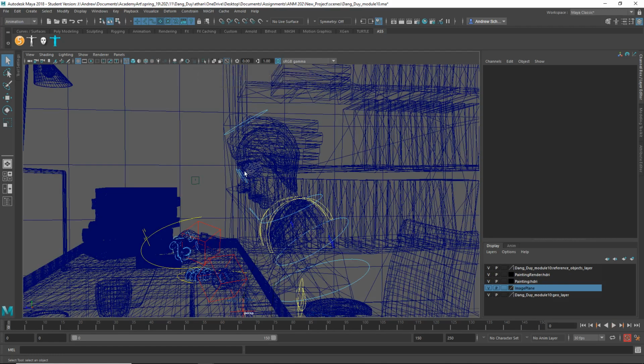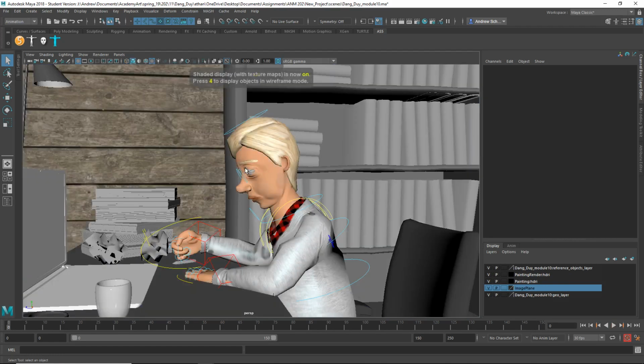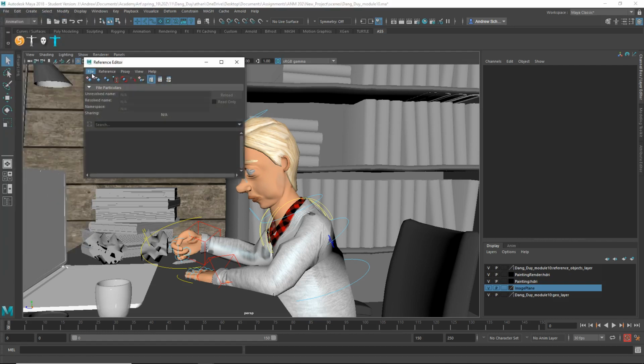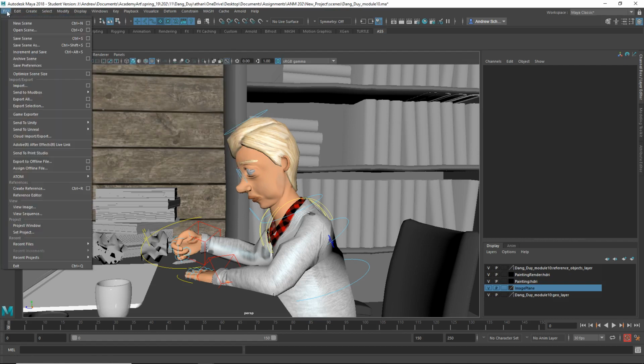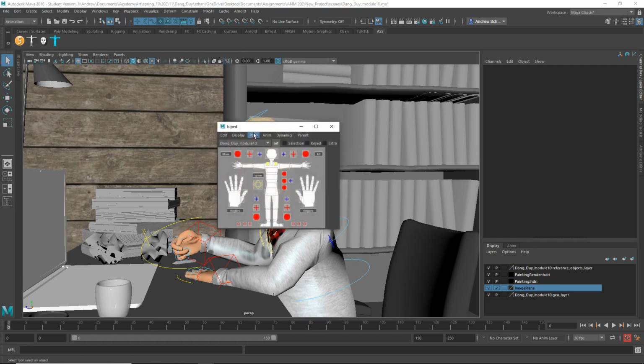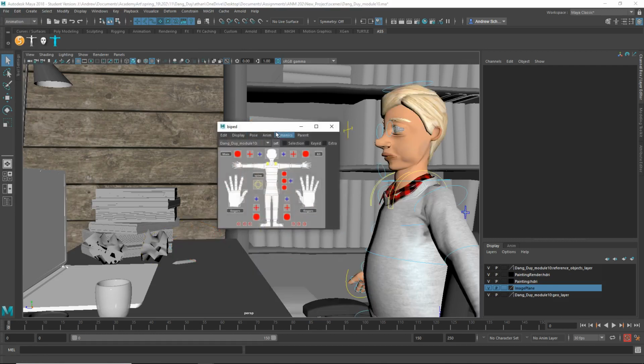The other thing is that you should not be having your rig in your scene file. You should be referencing it in. So rather than importing it, you should do create reference. So you do File, Create Reference, and then you choose the rig file. But let's try resetting this, and